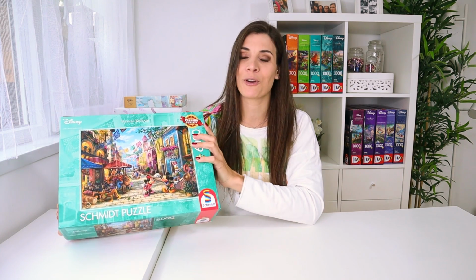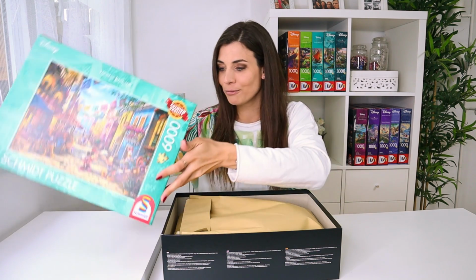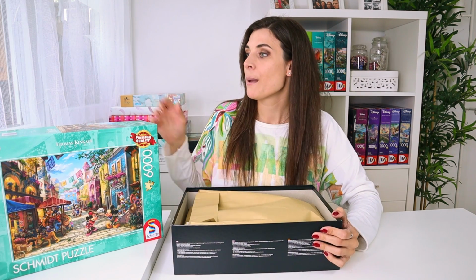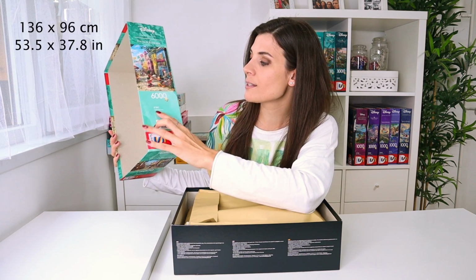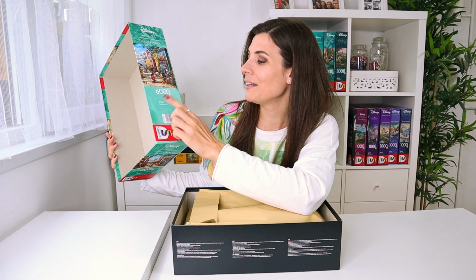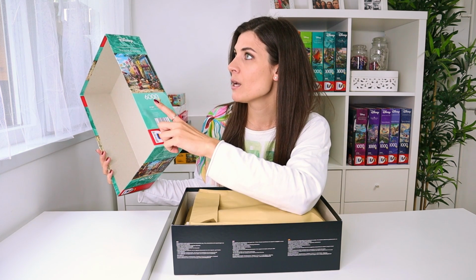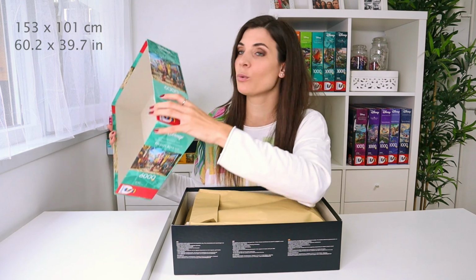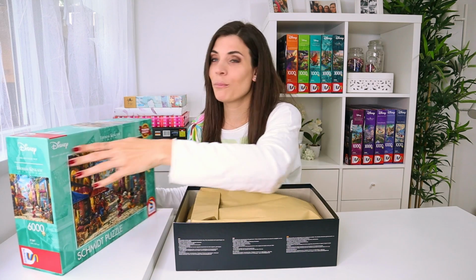Oh, well, the way I'm gonna solve it. So I opened the box, I had to, and first off, the pieces are tiny. I don't know if anyone has ever done a 6K Schmidt puzzle, but if we check the size, okay, so he's got 136 centimeters times 96 centimeters. And the other one that I'm doing right now, which is a 5,000 piece puzzle by Ravensburger, it basically has 153 centimeters times 101 centimeters. So this one has 1,000 more pieces and it's smaller, which makes me really happy because